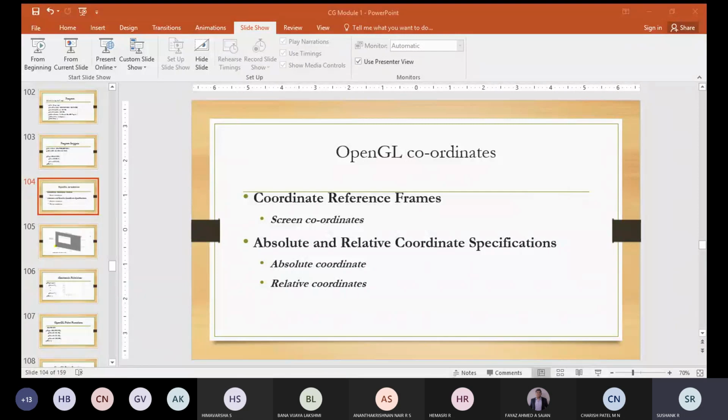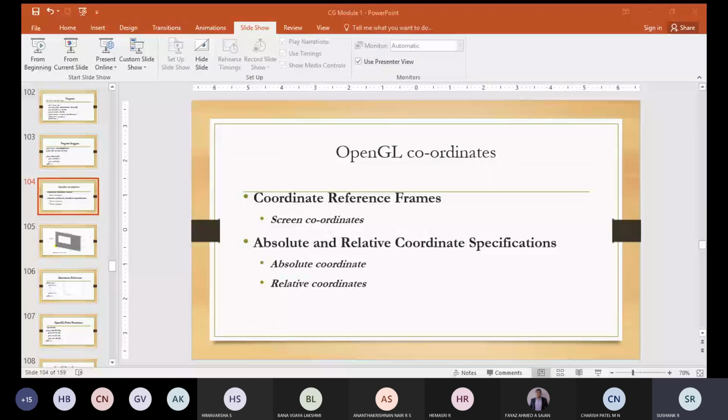So that will be better also. So we were talking about this coordinate reference frame. We had 5 steps to be precise, like how a picture which contains a series of objects will be displayed. That is what we were talking about in the last class. So we'll talk about this in detail.